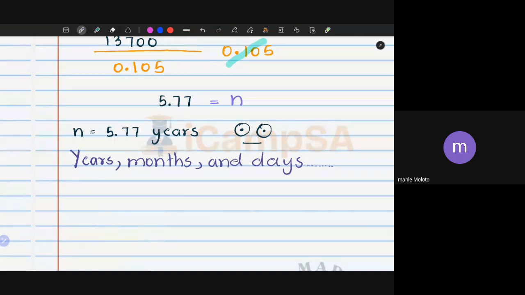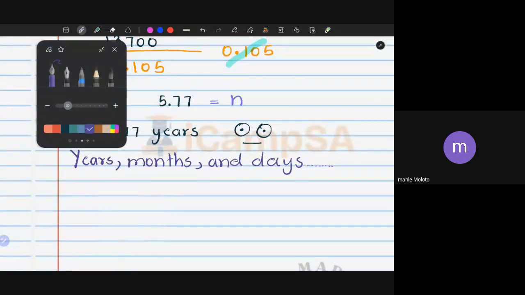Your 5-year-old sibling is asking the right questions. You need to be able to explain it. You can't say to them, bro, leave me alone. We need to be able to say to them, 5.5 years, young brother, is 5 years. The 0.5 is the half, okay? So half a year is 6 months. So 5.5 years is 5 years, 6 months. But now, in a problem like this, you can't know what is